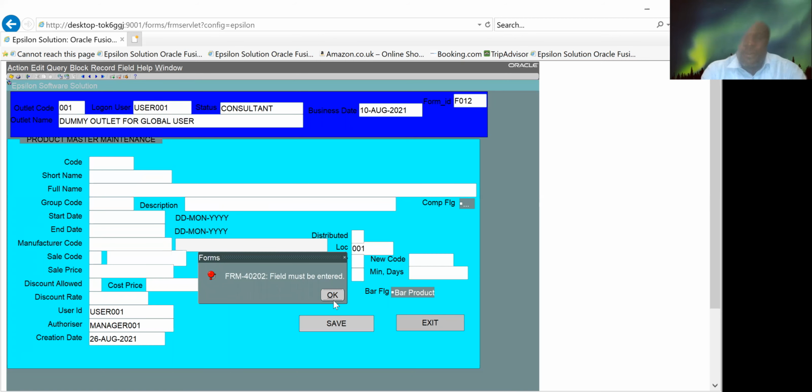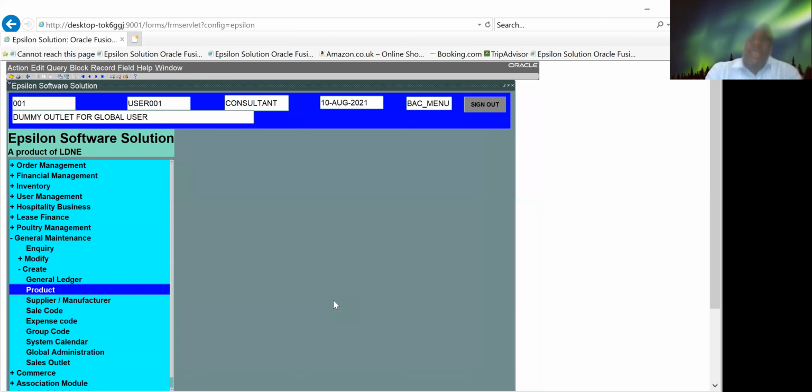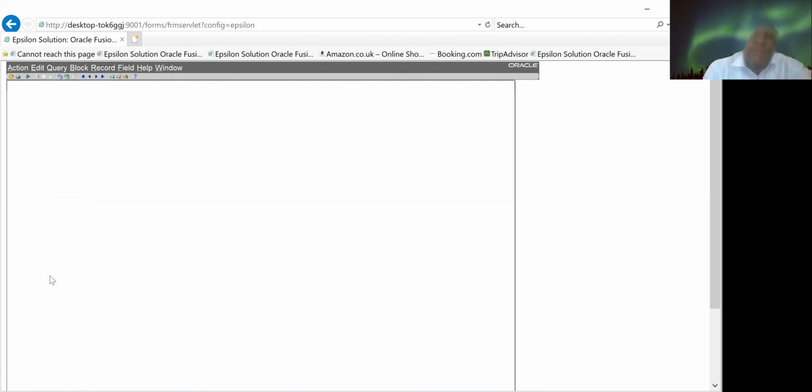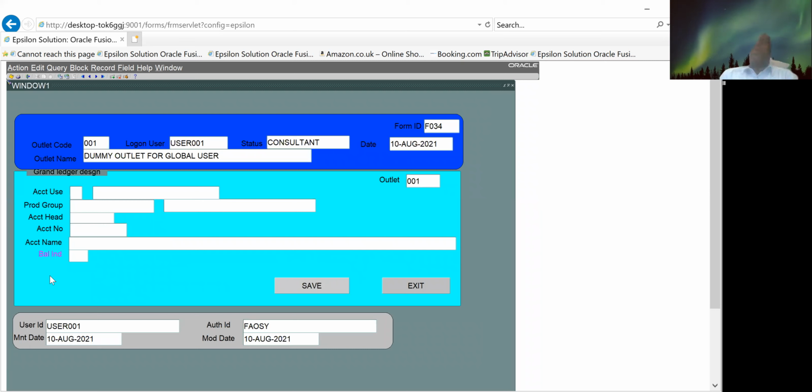Now, the next thing is general ledger. So we're going to start from there today. General ledger. How do we define general ledger for our product? I'm going to take, for example, manufacturing of water. We are manufacturing water, Epsilon Software solution. So I'm going to define